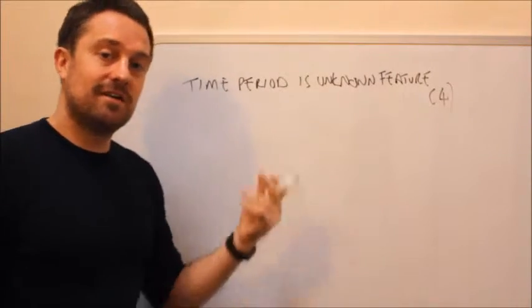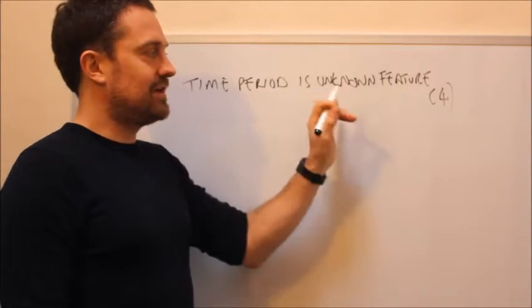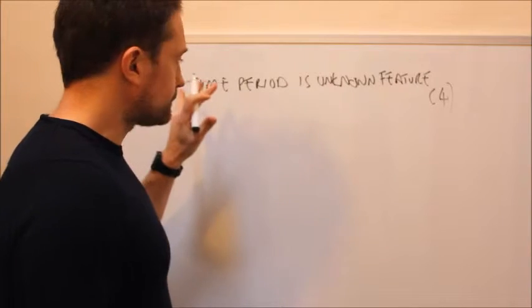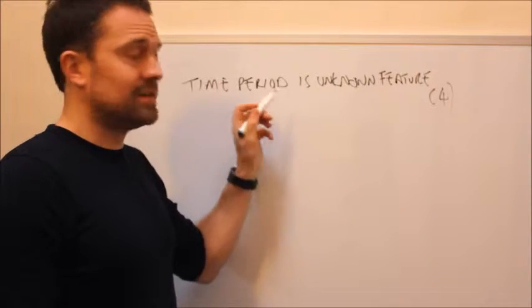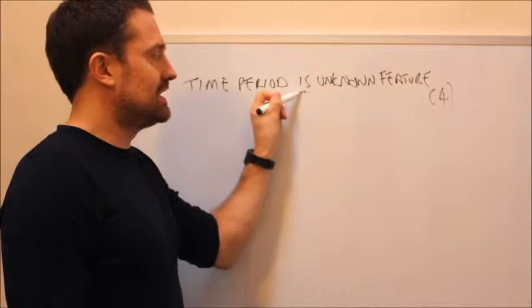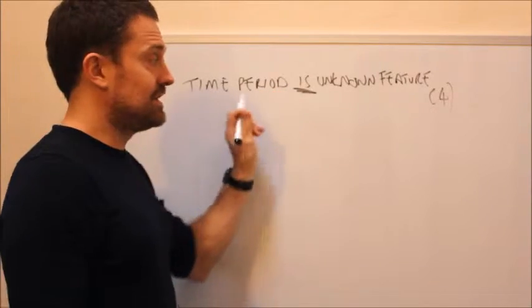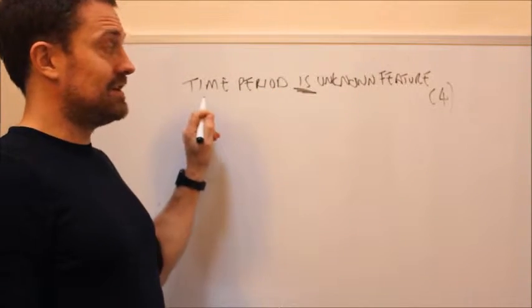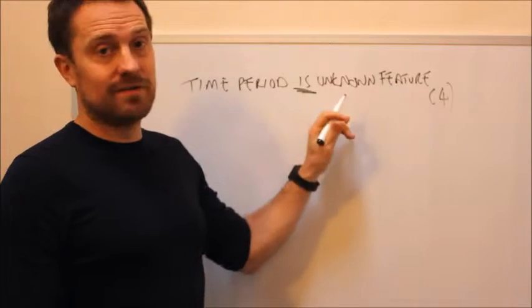Time period is unknown feature. 4 letters long, time period is unknown feature. Now, I'm not going to worry too much about the process at this point, so I'll give this one away pretty easily. It rotates around the "is". Time period is your definition. Now, both of these are quite interesting. Feature